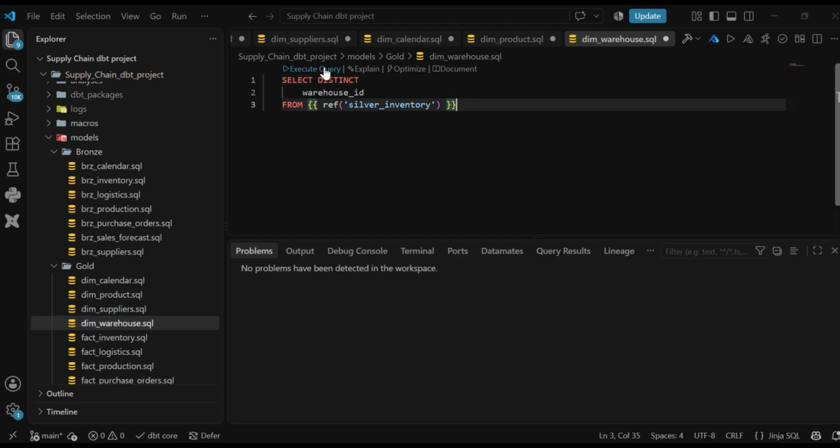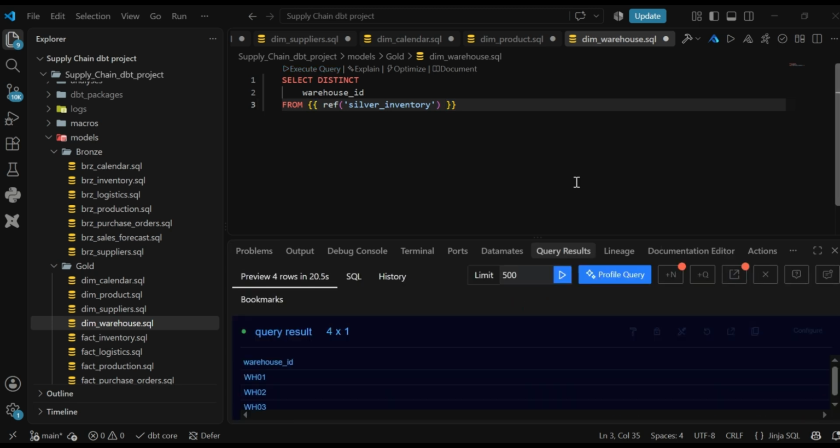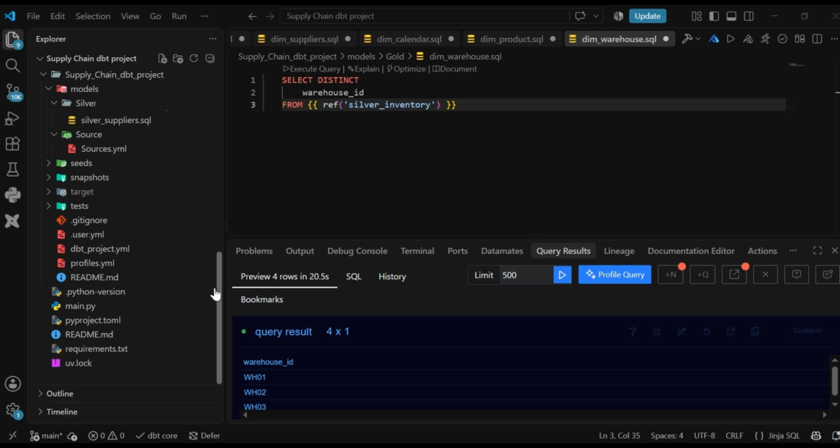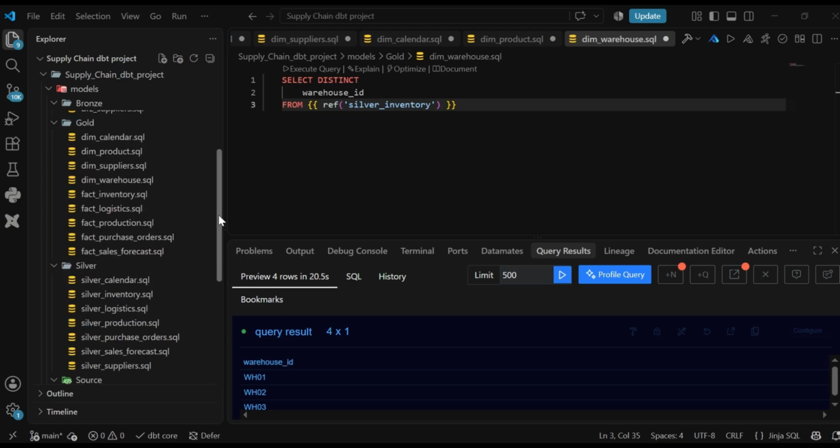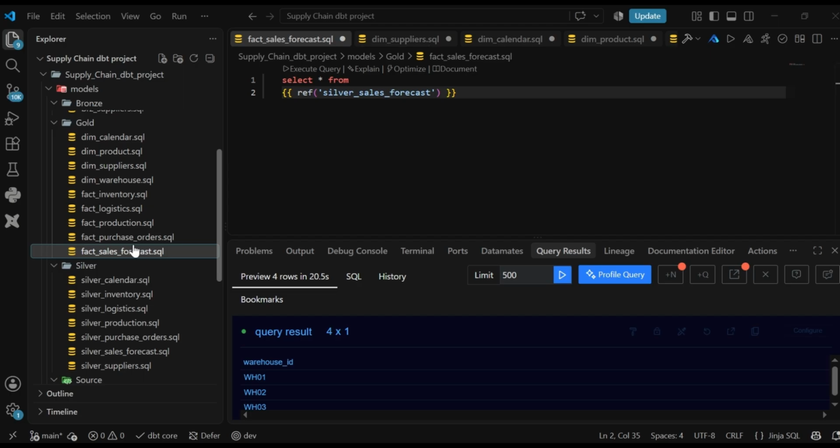And then let's run this now. Yes, so we have the dimensional table for the warehouse. After this, let's save this before we take them to the next step. So come to fax, save, Control S,